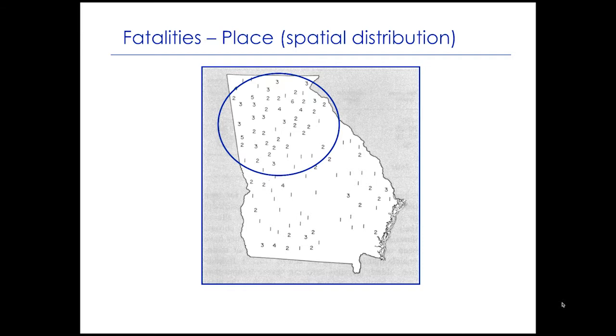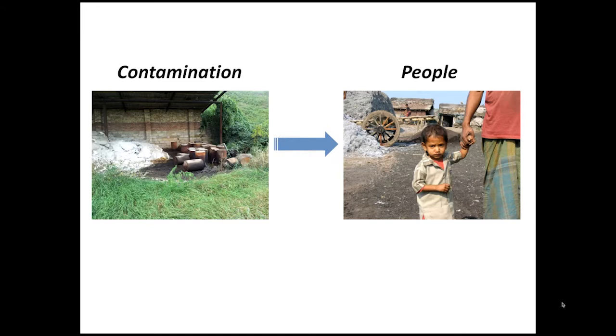In many ways, John Snow did a spatial analysis. And we at Pure Earth often do spatial analysis to try to ascertain the extent of contamination. Again, you need to be careful because these are not rates of disease. These are just events. But in reality, these are rather serious because the bottom of the state is flat. So there's much more farming, but fewer deaths than the northern part of the state. So spatial analysis, again, contamination giving us a clue as to how it's affecting people.